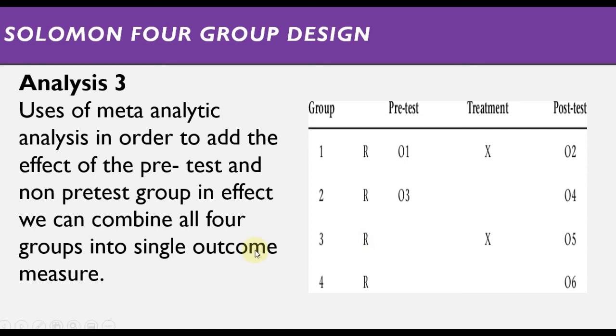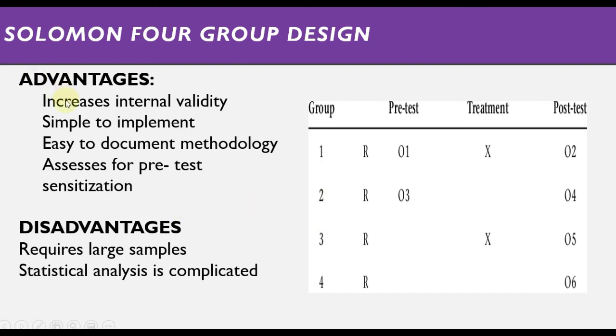Tapos, magkakonduct tayo ng meta-analysis if may pagbabago dito sa 4 na grupo. Ang advantage nito: increases internal validity, simple to implement, easy to document methodology, assess for pretest and sensitization. Ang disadvantage nga lang niya, requires large samples kasi nga, mas maraming grupo ang kailangan natin. Statistically, analysis is complicated kasi nga, gagamit tayo ng meta-analysis at saka,